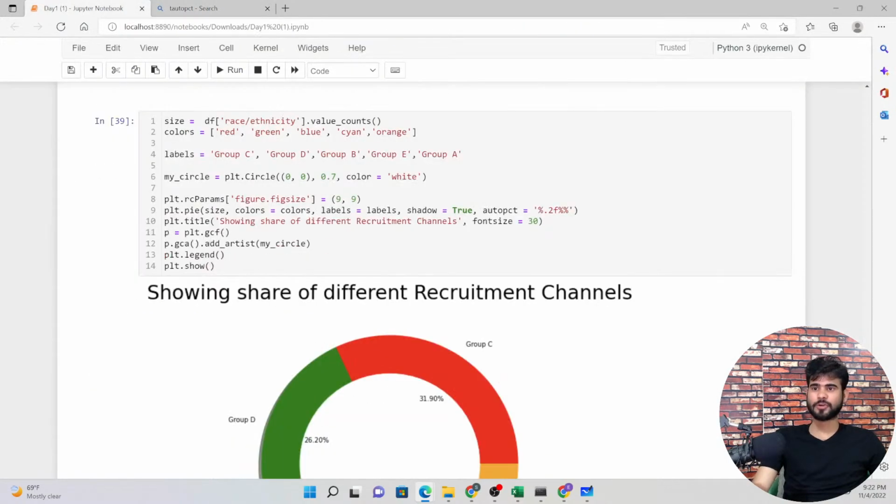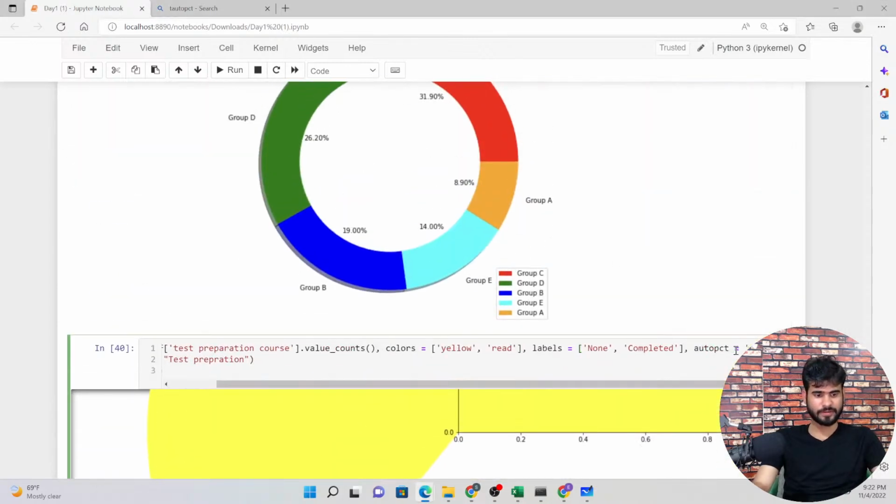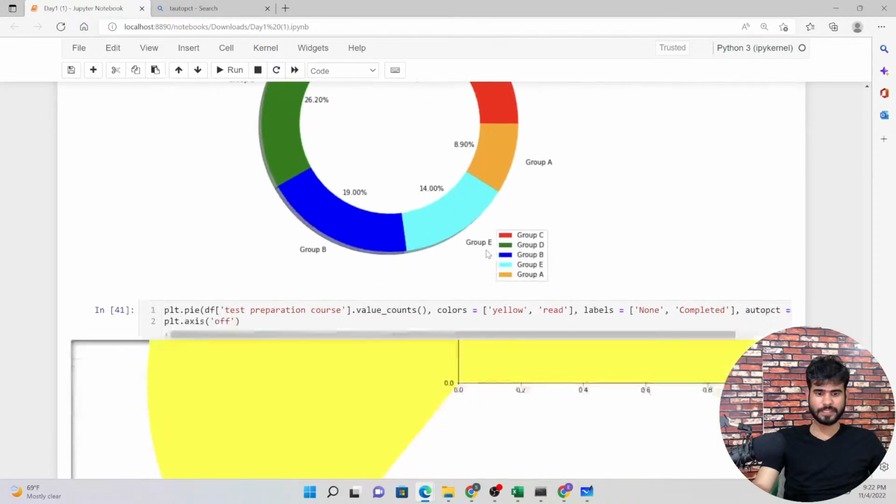Let's define the auto pct as well, so that we will get a little bit better insights. And the column is totally fine, so I'm just going to define the axis function here. Now let's run. Okay, the same issue that I'm getting here, let me check out the error.